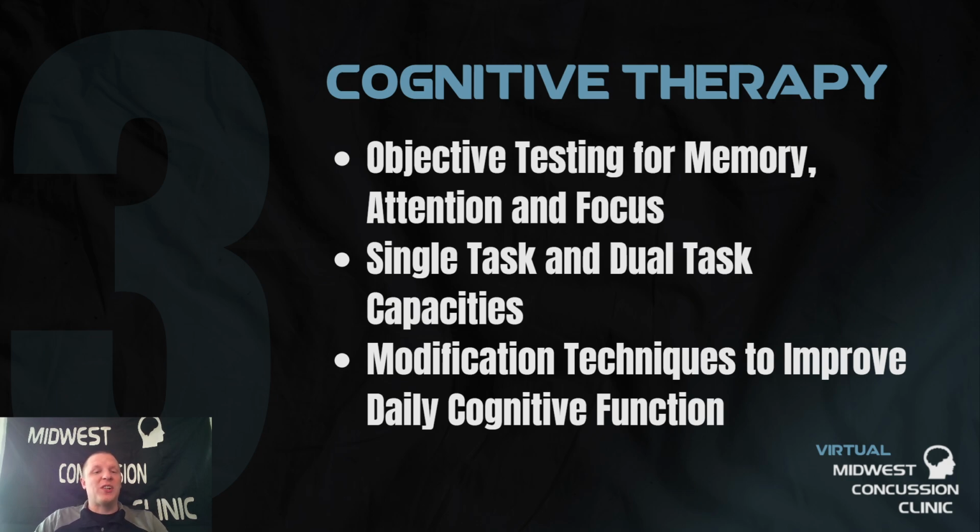We will go through what's called single and dual task assessments post-brain injury. Single task assessments: you and I are sitting here in a calm environment, calm room. There is one exercise, or one test, that we're doing. And once we finish with that test, we'll move on to the next test. The dual task component is now we have two different things that we have to keep in mind and keep track of during this assessment or during this exercise. Dual tasking is a wildly